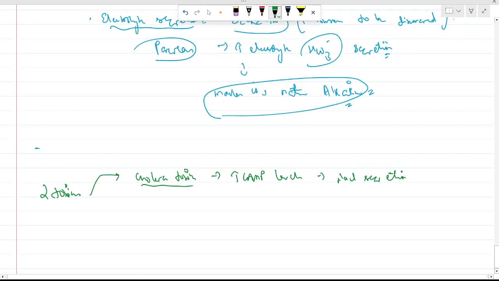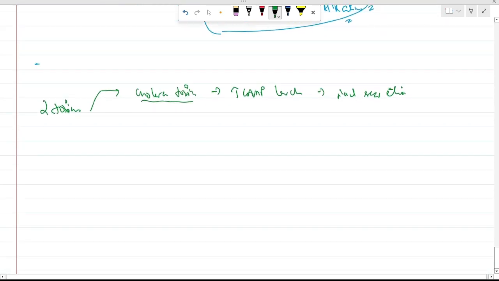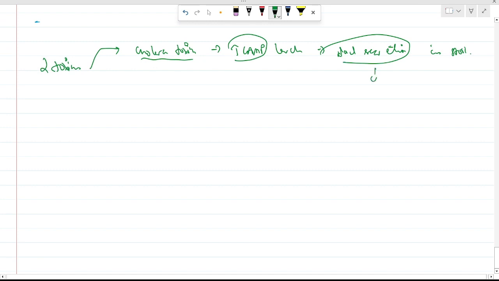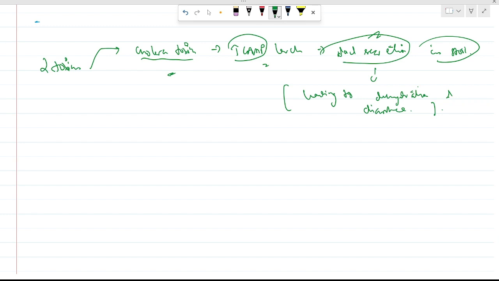We have seen this cholera toxin increases the cAMP levels, which leads to NaCl secretion in stool. This NaCl secretion increases in the stool, leading to dehydration, water is lost, and diarrhea. How this cholera toxin increases the cAMP levels, which increases the sodium chloride secretion in the stools, leading to dehydration and diarrhea.